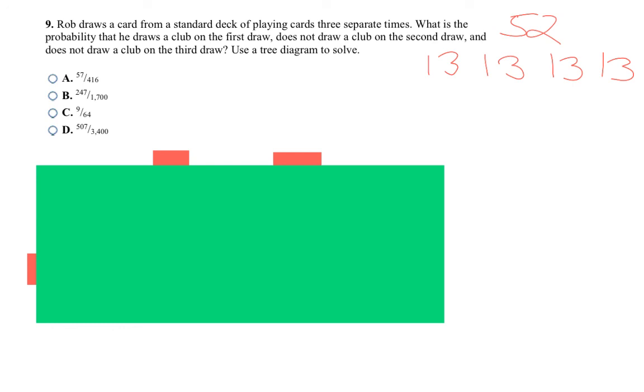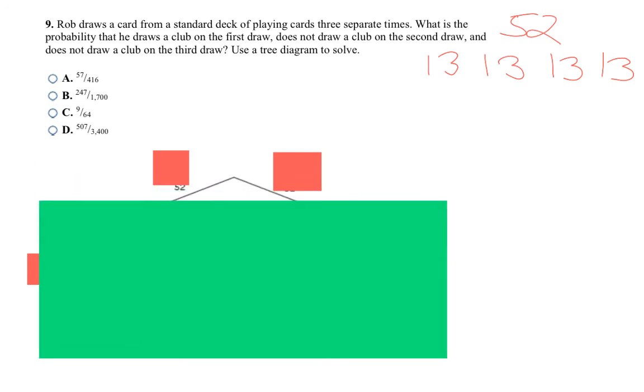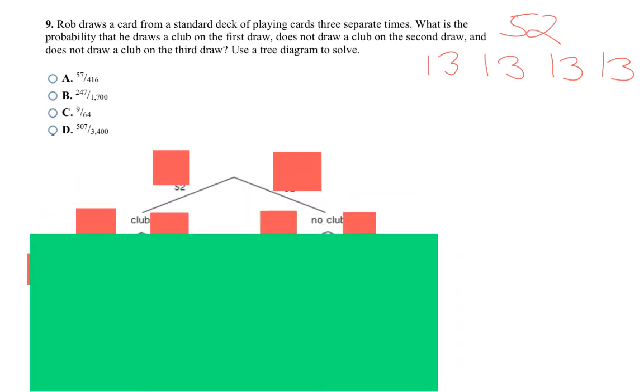So the first thing he does is draw a card. And so when he draws that first card, he could either get a club or not a club. And so that's what the first part of your tree diagram is going to look like. And you can draw it going up and down or left or right. It doesn't matter. So I'm going to go ahead and write the probability of drawing a club and the probability of not drawing a club on that first